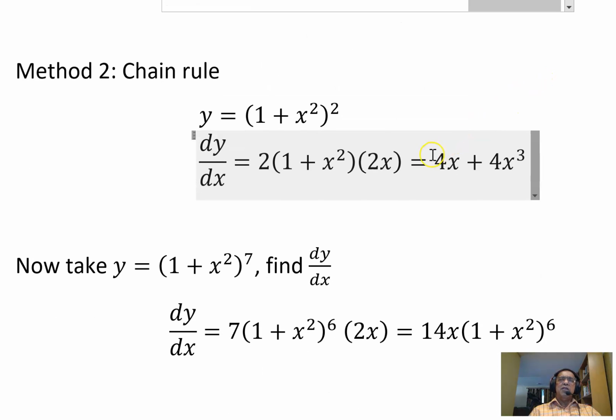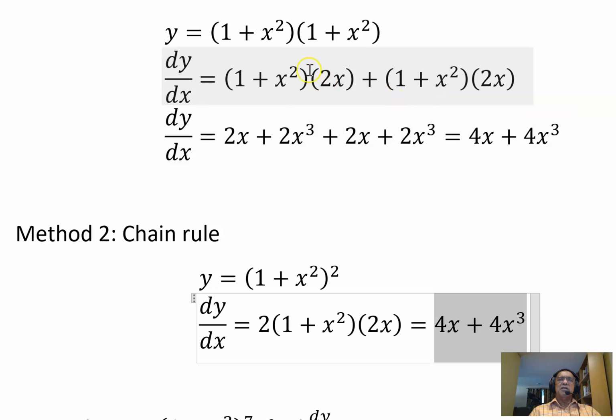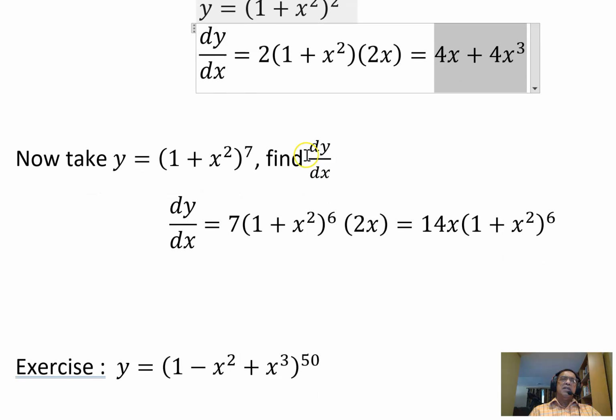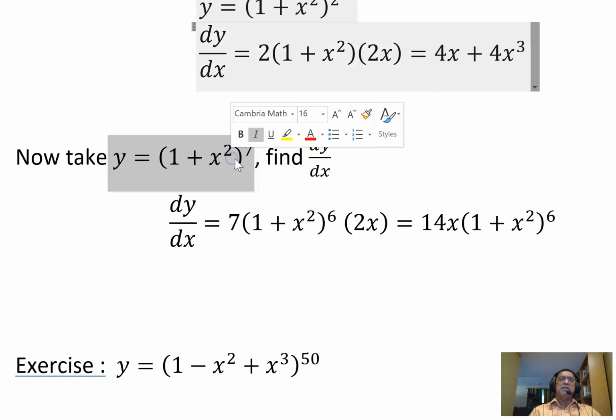And then you might think, hey, if you're getting the identical answer, why not do this one instead, because that's the straightforward product rule, instead of learning this new thing. Well, let's do a small variation on this problem. Now if you take 1 plus x squared to the power 7, and you want to find dy/dx,